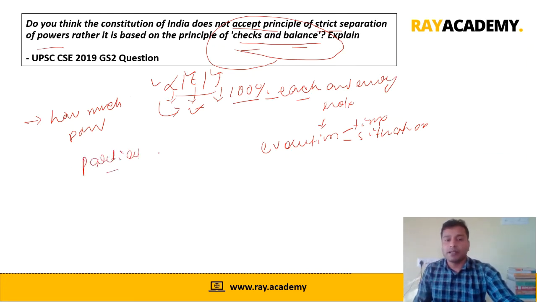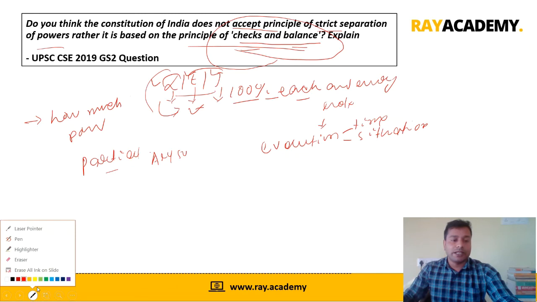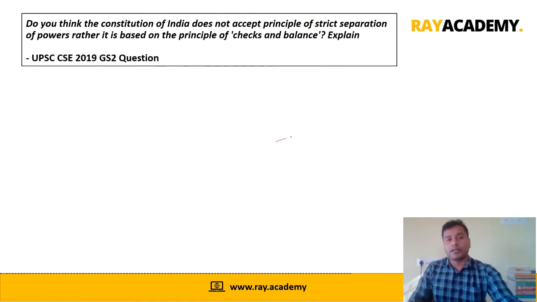Partial. Already, I have explained the reason. The Article 50. Then also, I have explained helping each other. That is the doctrine of separation of power, rejecting the complete separation. Rather, it is based on the checks and balance. And it is great to know that we have really understood the concept of the separation of power as well as checks and balance. Great.